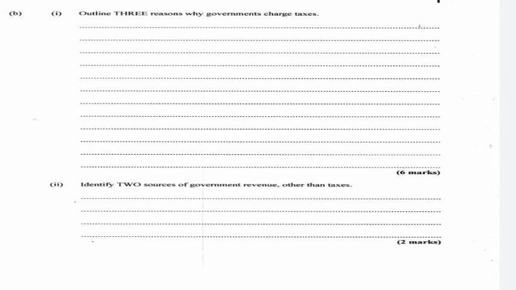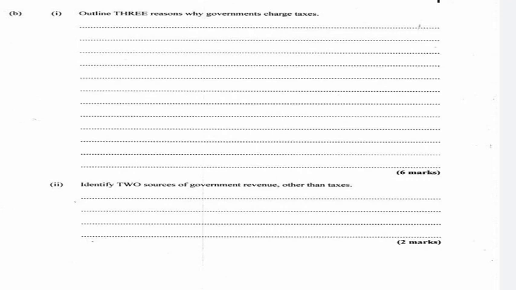Third, to reduce pollution by taxing offending firms, and to discourage unhealthy lifestyles, e.g. a tax on cigarettes and alcohol. Also, to protect local and infant industries by taxing imports, to remove competition from foreign goods in order to protect infant or fledgling industries by taxing imports at high rates.